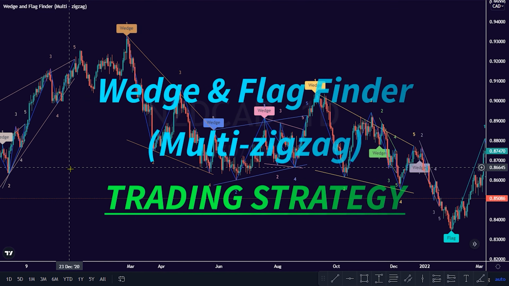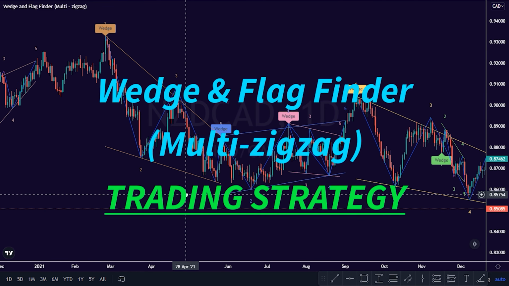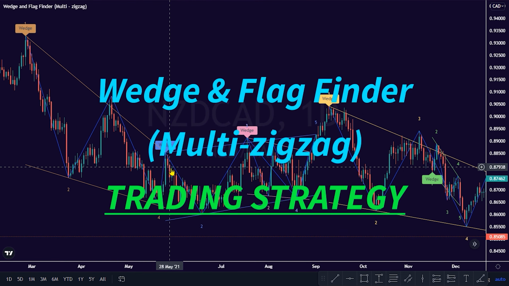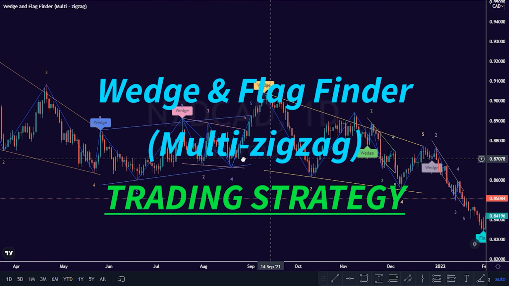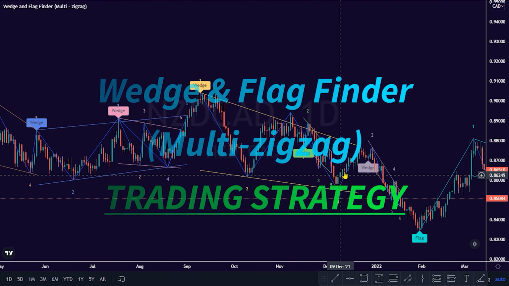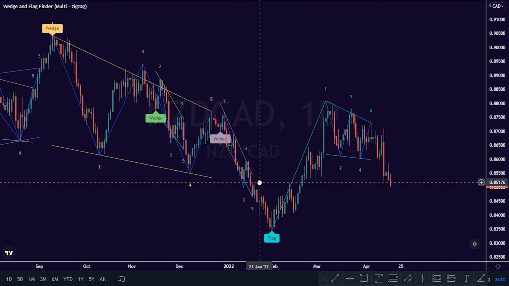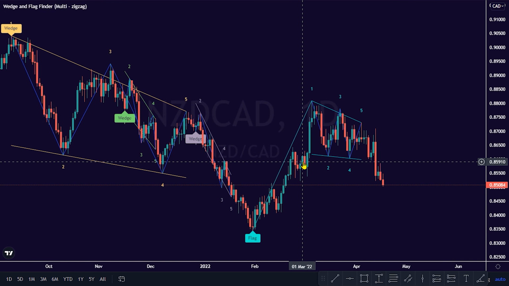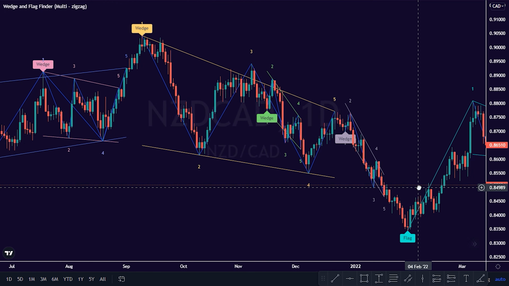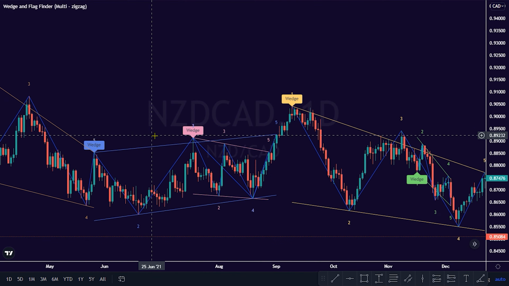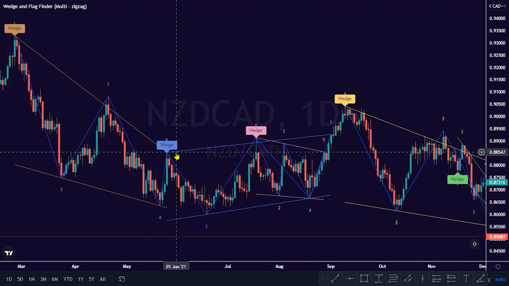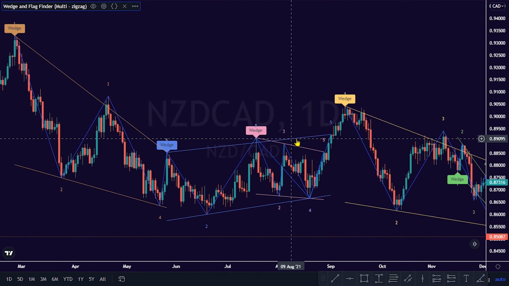In this short video, I will show you how to combine the Wedge and Flag Finder multi-zigzag indicator trading strategy for trade opportunities in the market. The Wedge and Flag Finder multi-zigzag indicator is an indicator that attempts to automatically identify wedge and flag patterns in the market. This is an important trading tool that beginners should learn how to apply to identify trade setups in